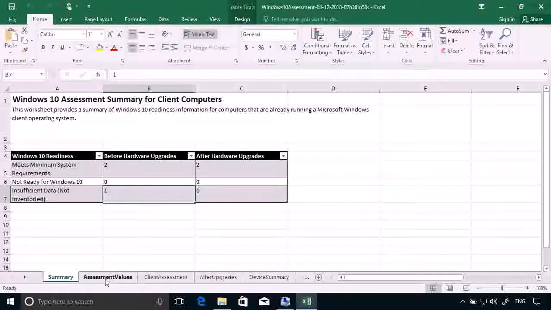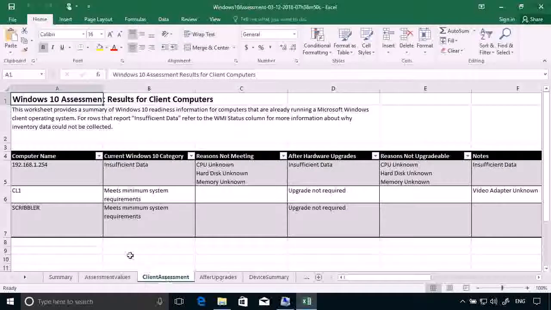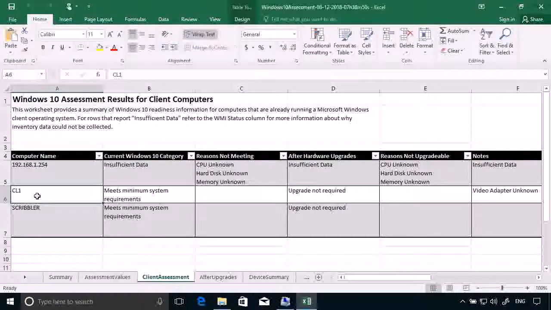We can take a look at the Assessment Values tab, and that will tell us what it was looking for. So it was looking for a CPU of 1 GHz or higher, an amount of memory, an amount of free disk space, and so on. On the Client Assessment tab, we can have a look at the specific computers that were discovered. CL1, that's actually this local computer, meets the minimum system requirements, and it doesn't require any kind of hardware upgrade. And if we scroll across here,